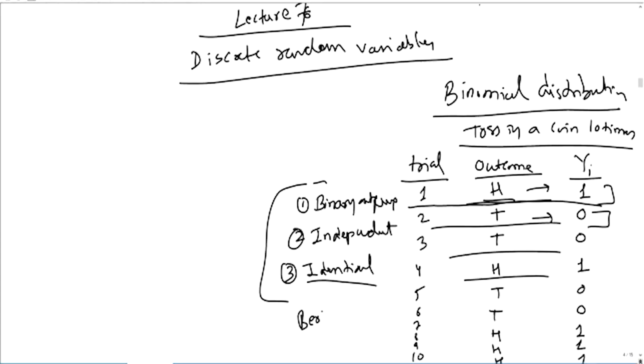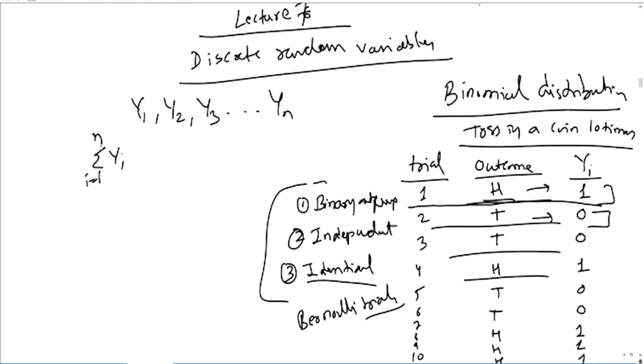So if you have n trials, or let's say n random variables y1, y2, y3 up to yn, such that they can take binary values and they are independent and identically distributed, then the summation of yi's from i equal to 1 to n follows a binomial distribution